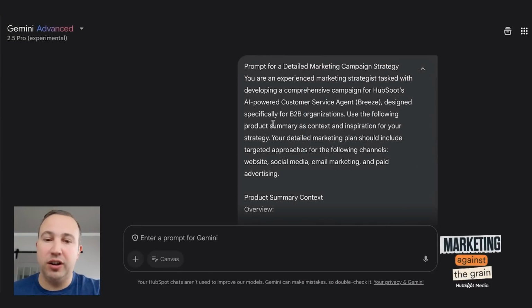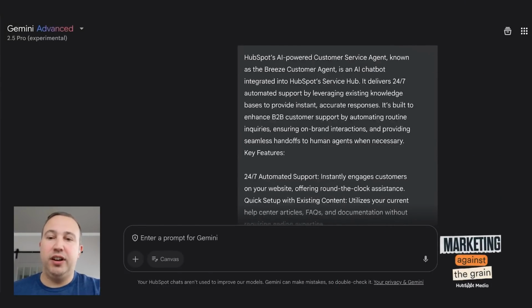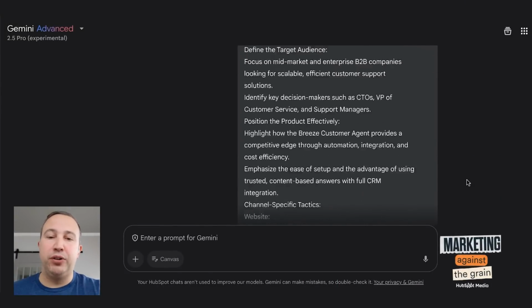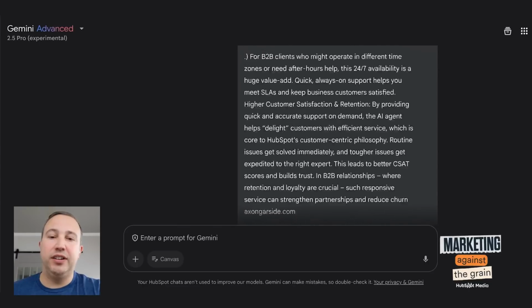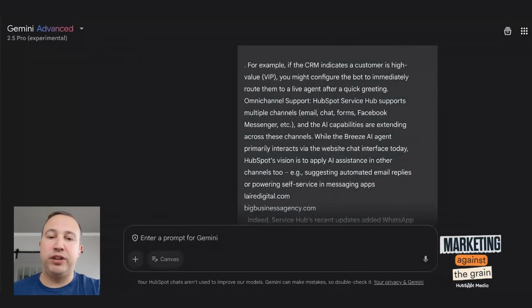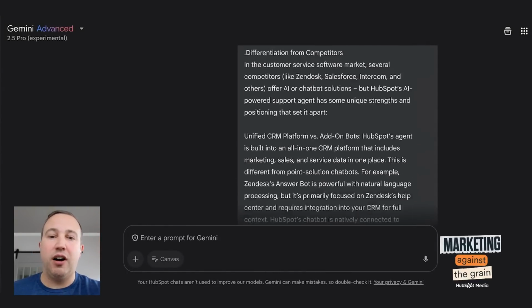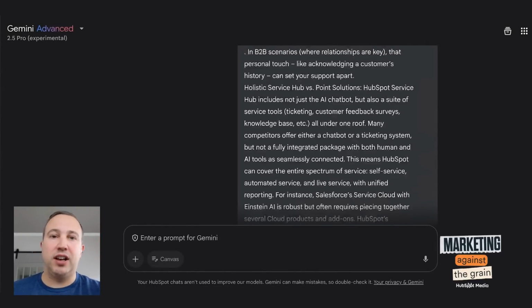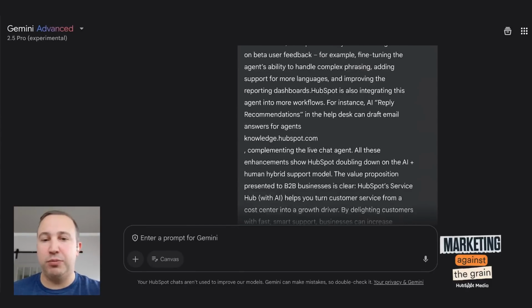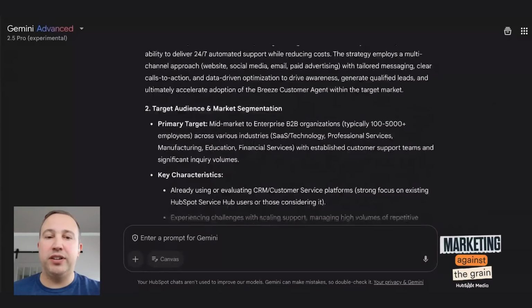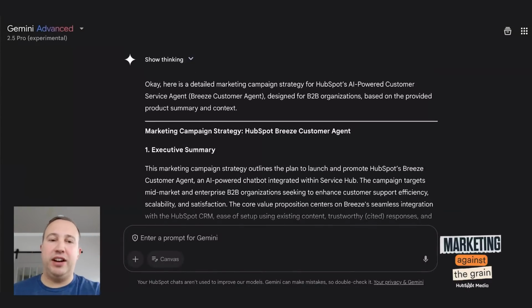I took the strategy, I took the deep research I did to build a strategy in Gemini, and it's this massive deep research all about HubSpot's customer agent product, which is our AI agent that helps you address customer support and customer inquiries, basically. And so I wanted to say, hey, help me build a great strategy.